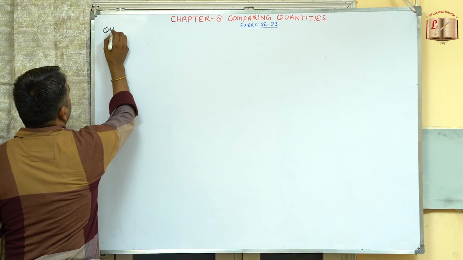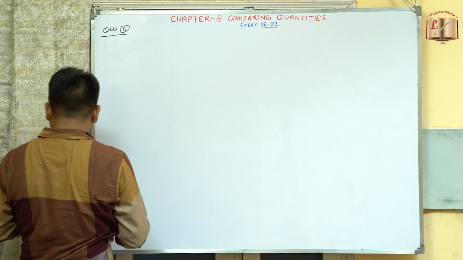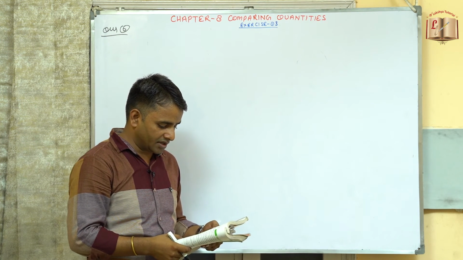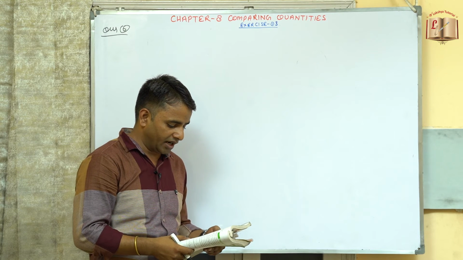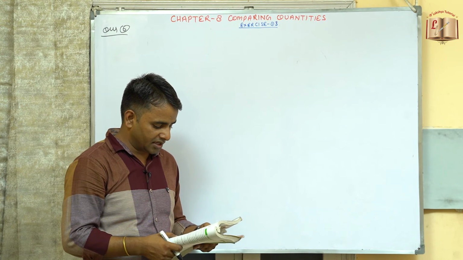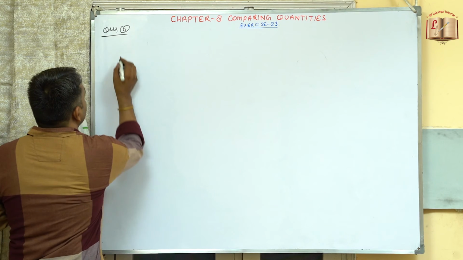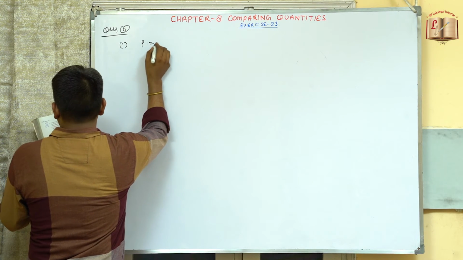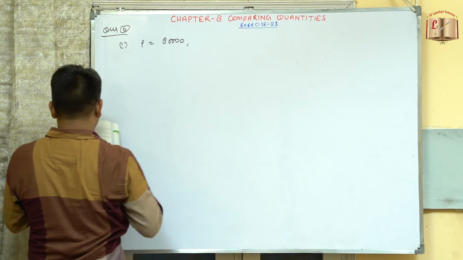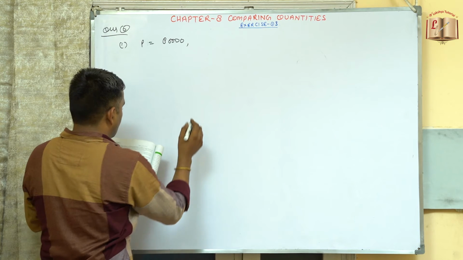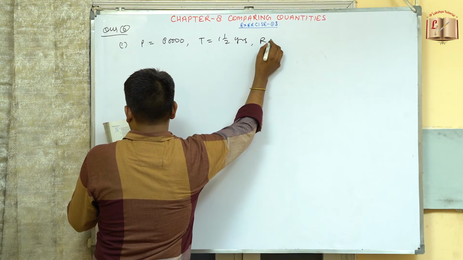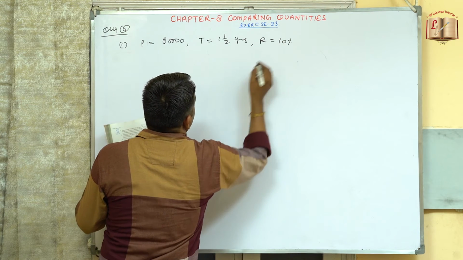So now coming to question number 6. Arif took a loan of rupees 80,000 from a bank. If the rate of interest is 10% per annum, find the difference in the amount he would be paying after 1.5 years if the interest is compounding annually. So for the first case, P is equal to 80,000 given to us, and for the first case it is annually, and time is given as 1.5 years, and the rate is already given to us, this is 10% per annum.